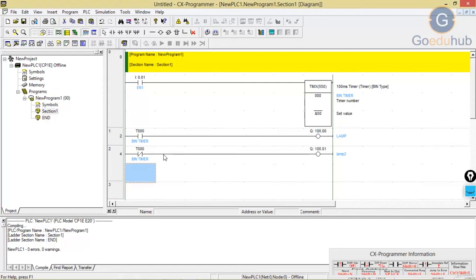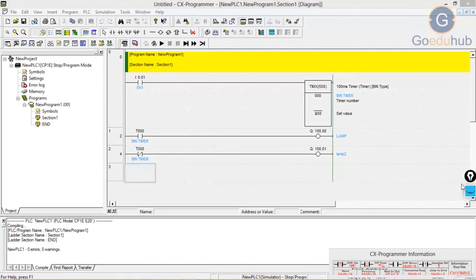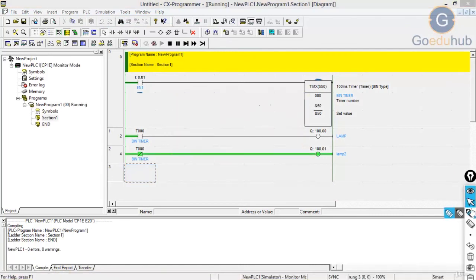After this, compile that and start simulation. Now as I told you, when I press that switch, only then lamp 2 should glow. But as you can see, even if I am not pressing this switch, lamp 2 is glowing.